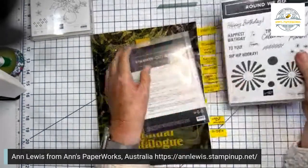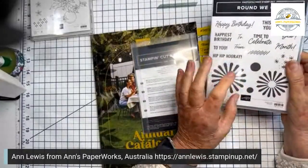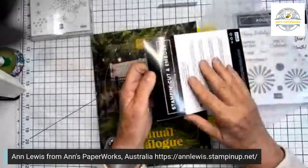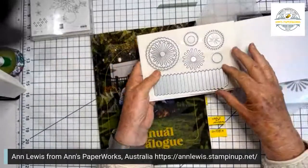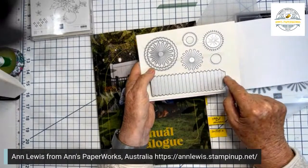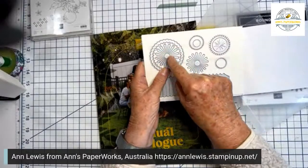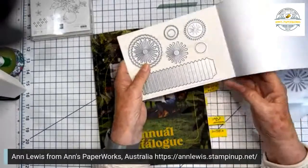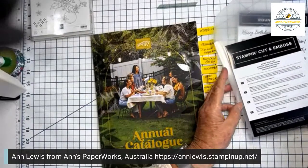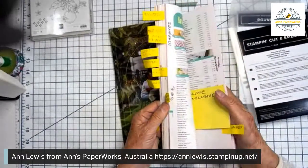rosettes. This is a rosette maker, and so you can actually change the colour of your rosette inside and out. It's got little dies, so it only makes little rosettes, not huge ones. So you can cut your strip, and it's already got the scoring marks on it. And it's got all these other things that you can use. So dies, you can cut out flowers, etc. I love this, and I'll just see if there is. So this is round. I'm just going to show you how to keep doing this. Round,